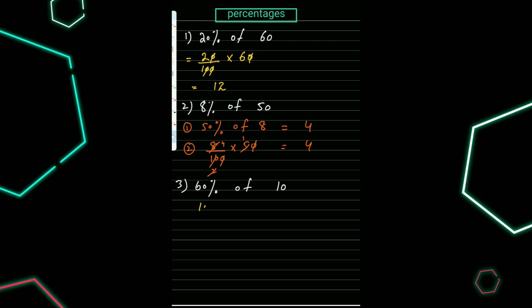If we write 10% of 60, how can we find 10% of 60? 10% of any value is very easy. If you are going to find the 10% of any value, you will just divide that value by 10. You will get your answer. Like if I am going to find the 10% of 60, I will divide 60 by 10. 10 6s are 60. So the answer will be 6. So this is another hack that you can use in this type of question.